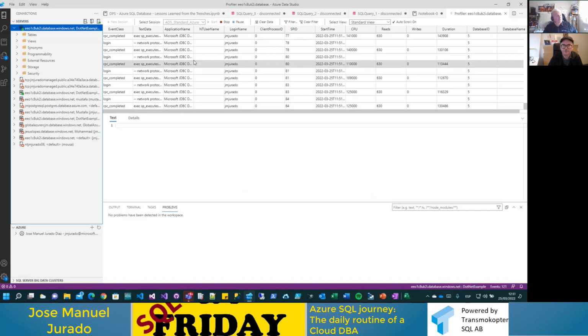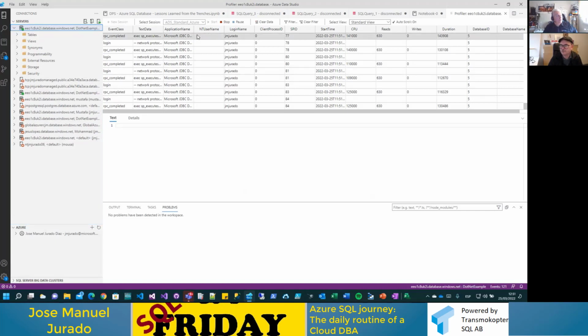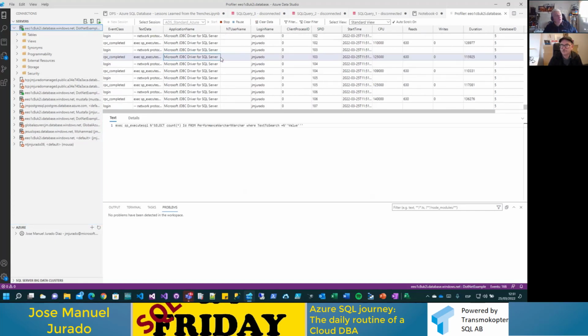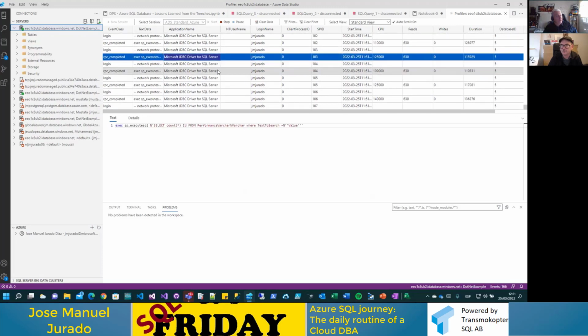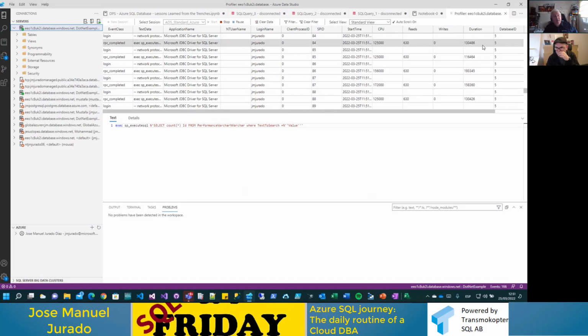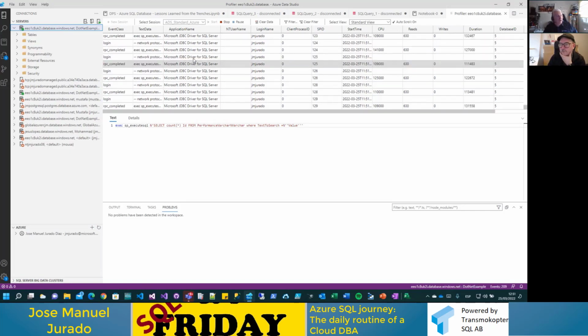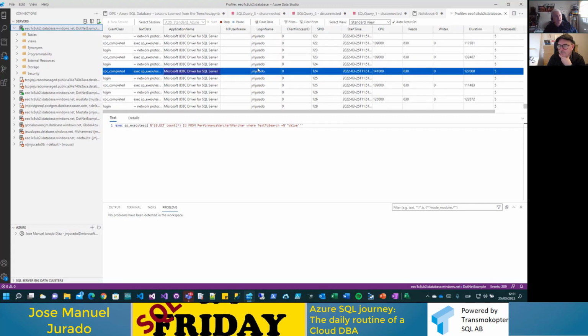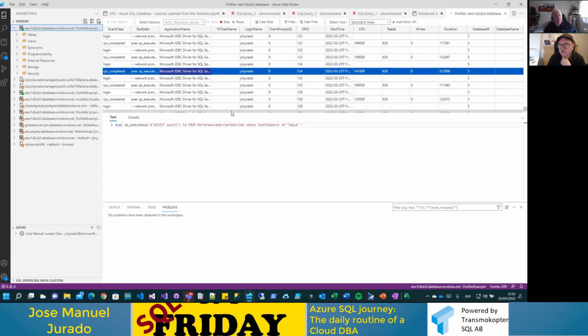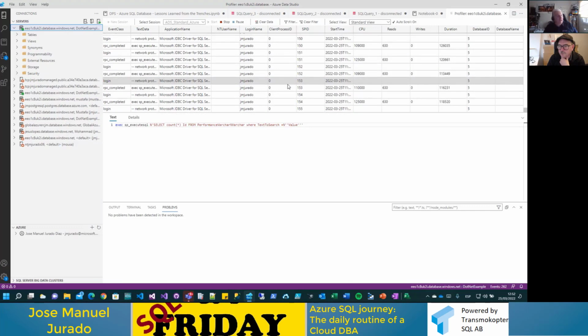As you can see right now, you could see what happened with my application. I could see how much time the operations took, what is the application name that's connecting, the login, the IP, etc. So you have other ways to detect this information besides the SQL auditing.